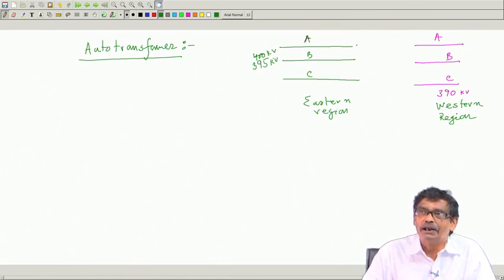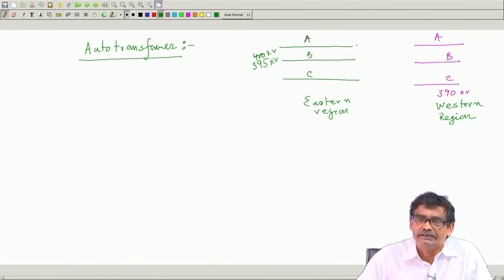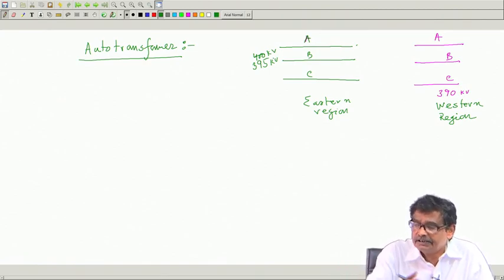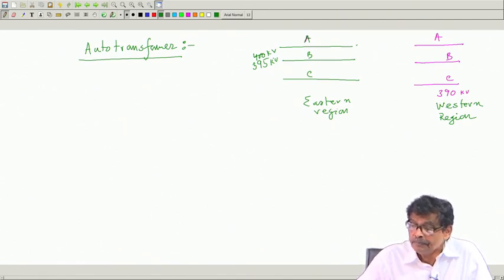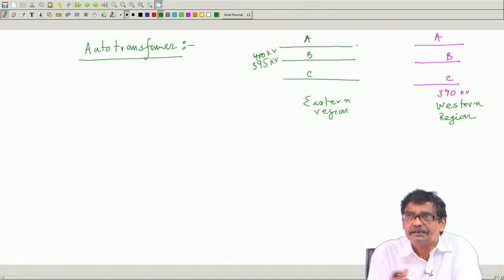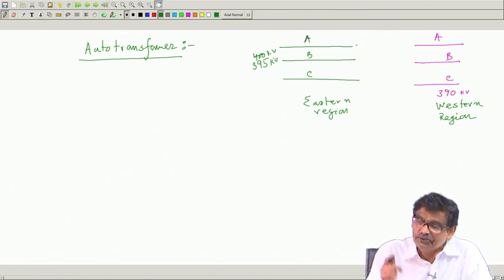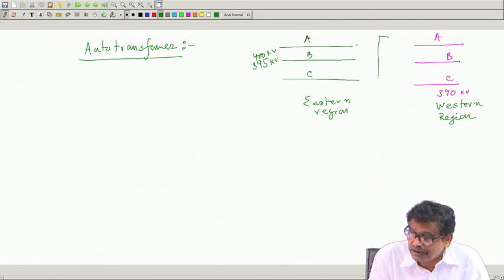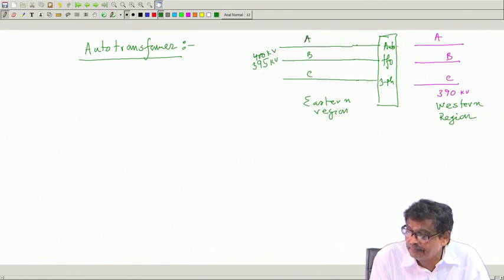But I want to connect them in parallel so that flexibility increases. This side can feed power, this side can feed power and so on. So, in such situations these two systems can be connected if you connect an auto transformer in between, a 3 phase auto transformer. I will tell what this auto transformer is. Through an auto transformer you will be able to parallel them.